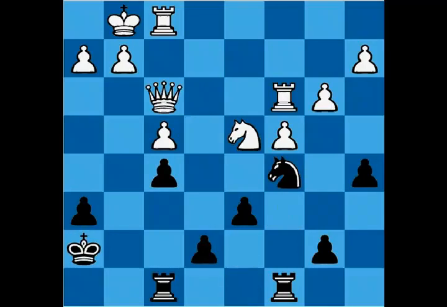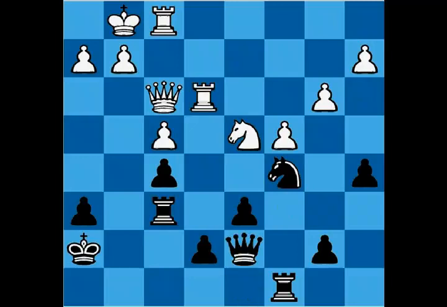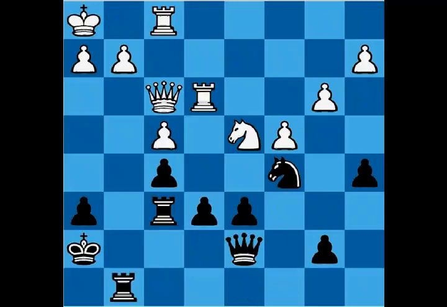Queen d7, rook e3, white is doubling on the weak e7 pawn, rook f6, king h1, and pawn to e6. The pawn on e6 is very well protected, and black is ready to double their rooks. Rook f to e1,